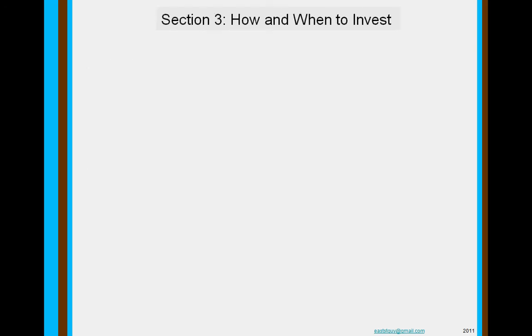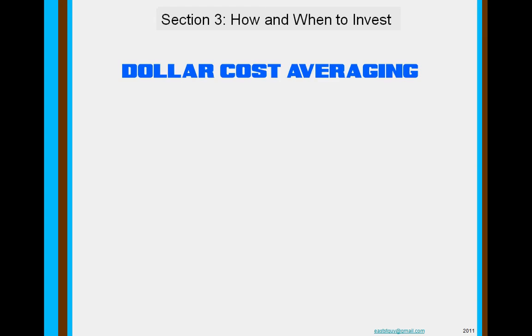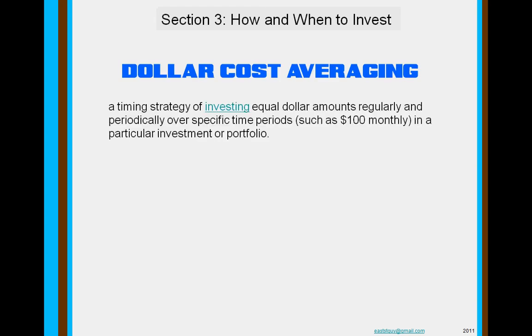So instead of timing, you want to use the powerful and easy technique of dollar cost averaging. You simply add to your core portfolio positions in equal amounts in regular intervals, say $100 a month. You buy $100 worth of shares, no matter if the market's gone way up or if it's cratered. When the market is way up, your $100 isn't going to buy you as much. When the market is down big, your $100 buys you more. So you end up buying more shares when the market is low or the price is low, and you buy